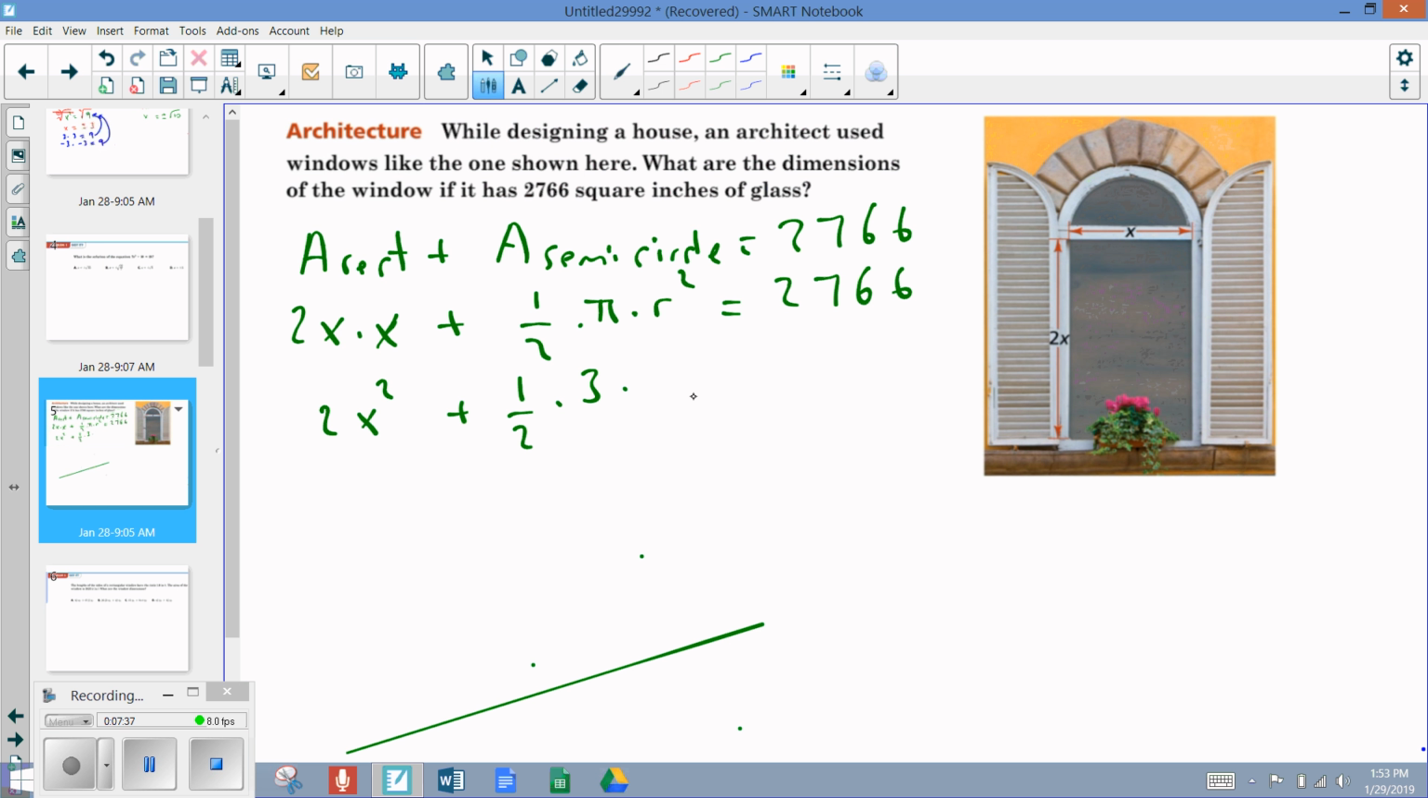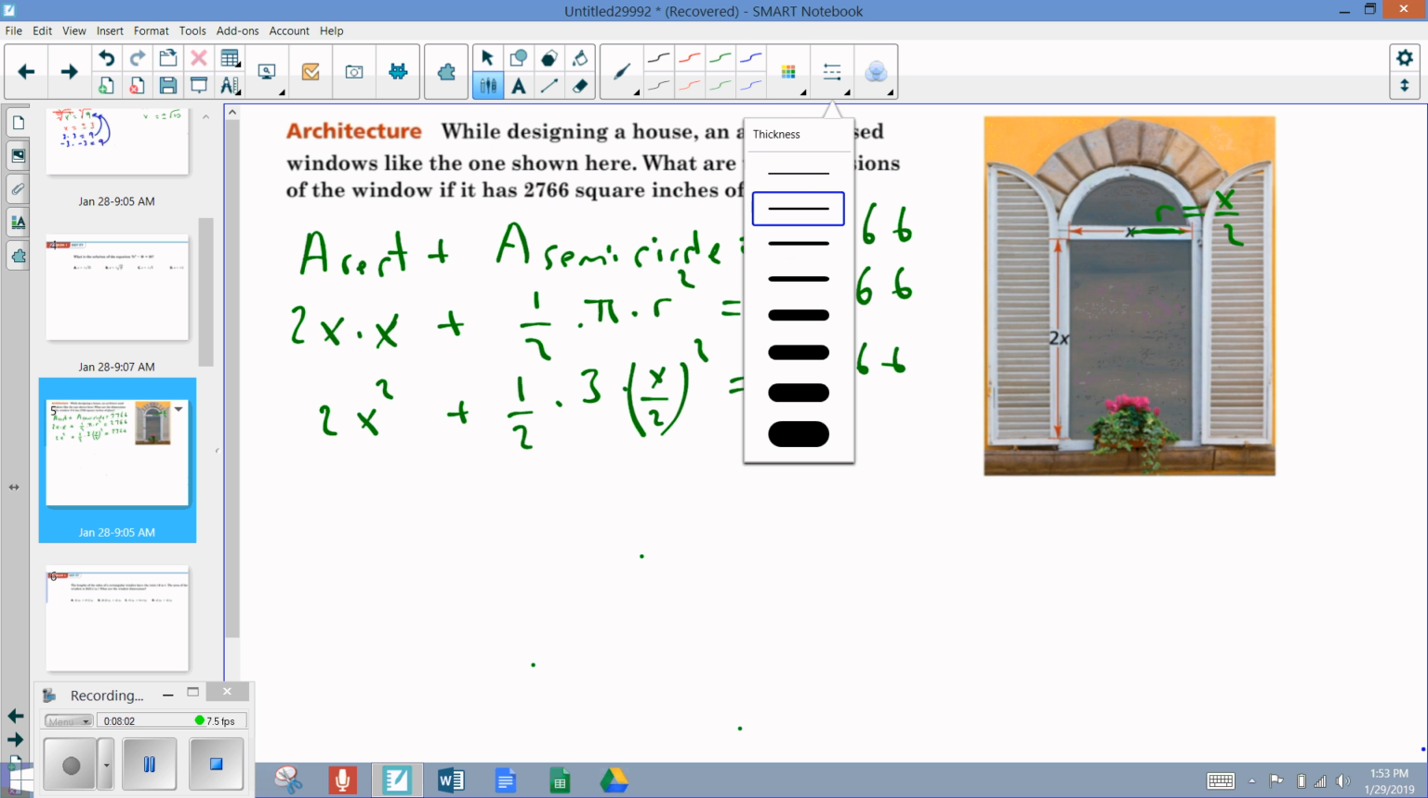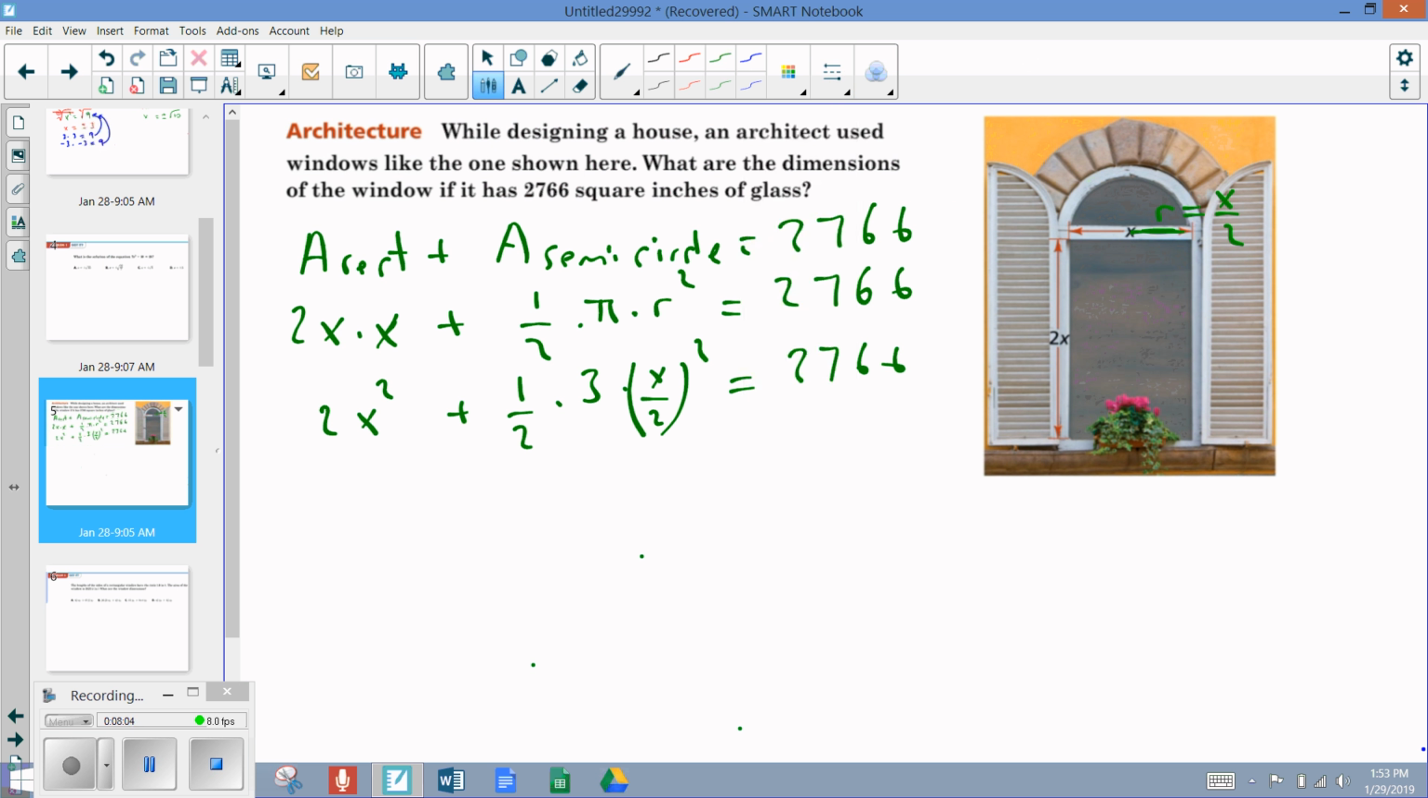And what is r? Radius. Half of x. You're right. Pi times r squared, where r is x over 2, parentheses, squared. Now, what is next? Let's solve that operation. So 2x squared, and